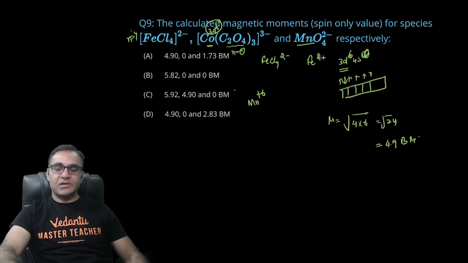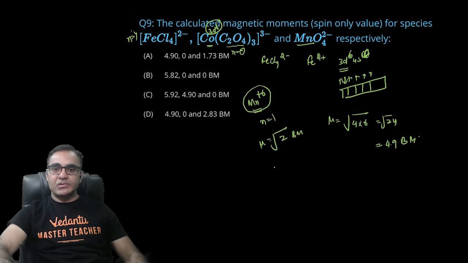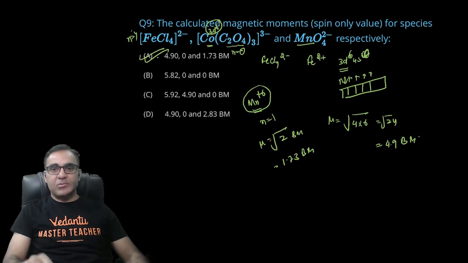MnO4 2- इज एक्चुअली Mn+6, और Mn+6 एक्चुअली Mn 25 होता है, तो 25 इज 3d5 4s2, और 6 इलेक्ट्रॉन आपने निकाल दिए हैं, तो दो इलेक्ट्रॉन s के गए, और पांच में से चार इलेक्ट्रॉन और निकल गए d वाले, तो इसमें n की वैल्यू 1 रह गई, तो μ इज इक्वल टू √(1×(1+2)) यानी √3 BM हो गया, तो यहाँ से 1.73 BM आ जाएगा, तो आपका करेक्ट आंसर है A। ऑलराइट, सारे मैग्नेटिक मोमेंट अपने करस्पॉन्डिंग कॉम्प्लेक्सेस के साथ मैच कर रहे हैं, तो करेक्ट ऑप्शन इज A। ऑलराइट,